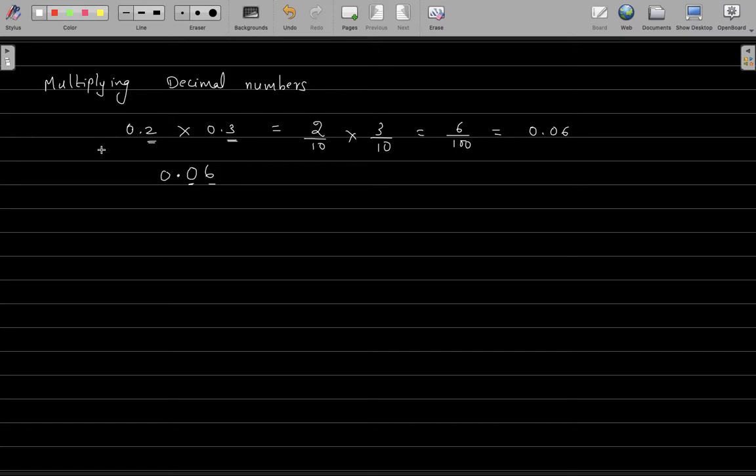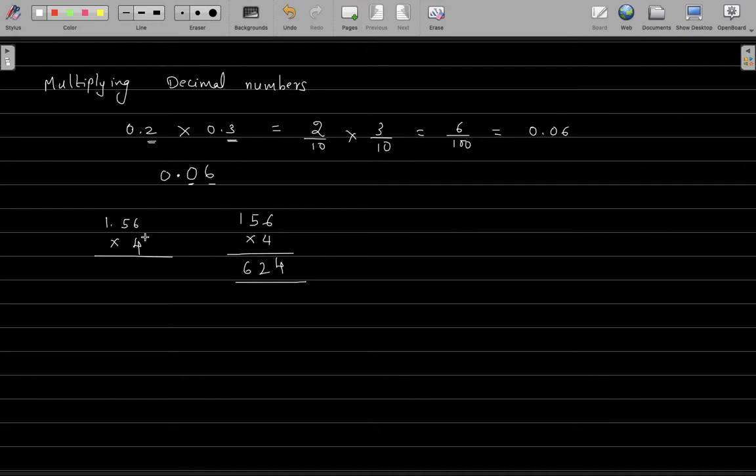I know it is a little confusing at this stage. Let us try to understand it more with another example. Suppose I have 1.56, and I want to multiply it by 4. Now the rule here is, when you are multiplying decimal numbers, let us pretend as if there is no decimal point. Let us forget the decimal point for the time being and simply do your multiplication like how you do your normal multiplication of numbers, like 156 times 4. 156 times 4 is 624.